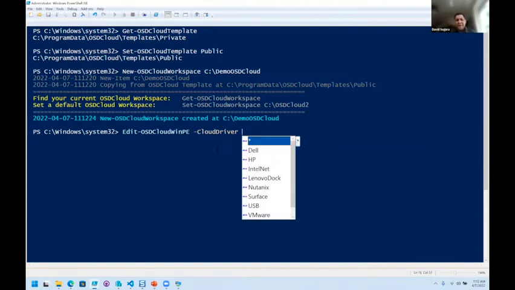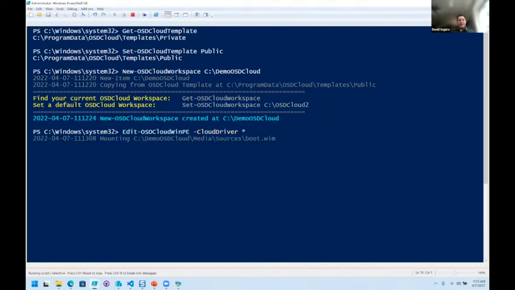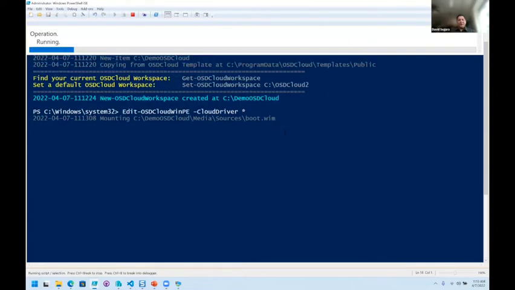And what Cloud Driver does, it's going to put in WinPE drivers for all of these systems. And that's typically what I work with. I'll simply do this, and it's going to mount the boot WIM, and it will download all of those drivers